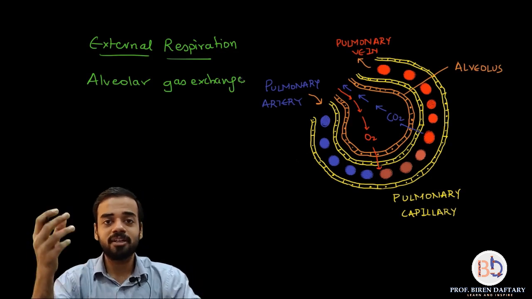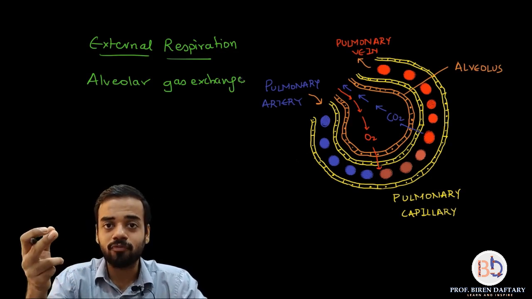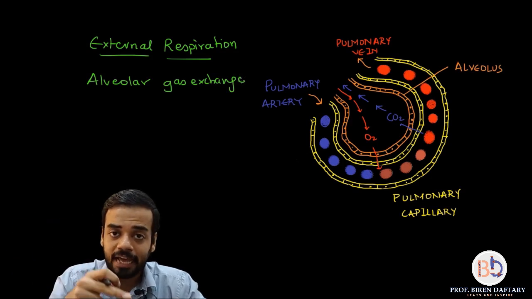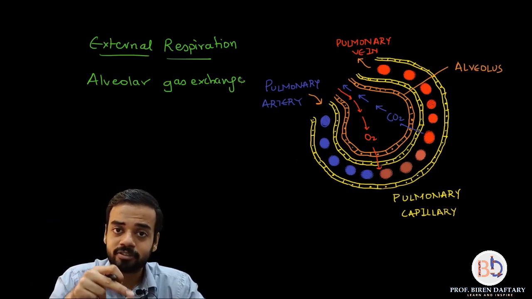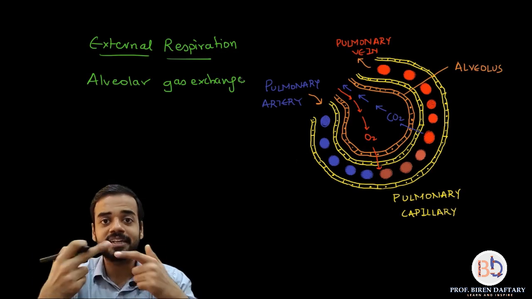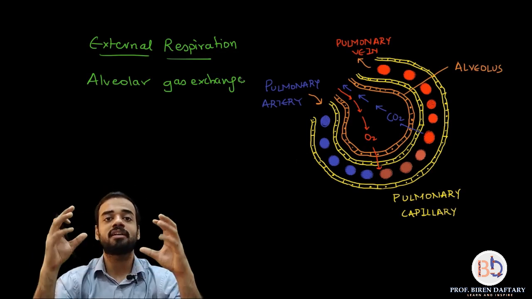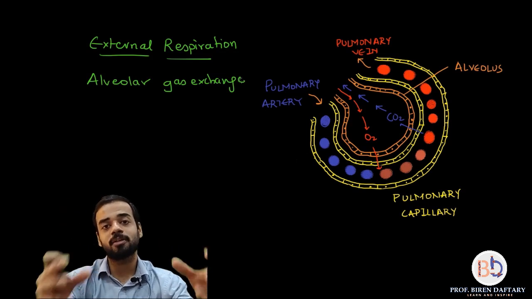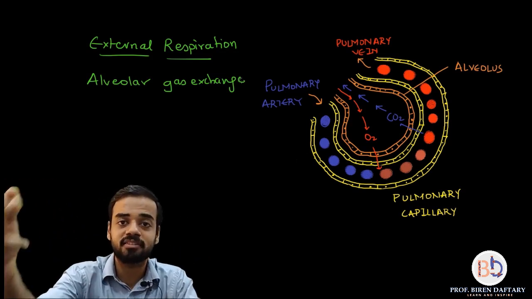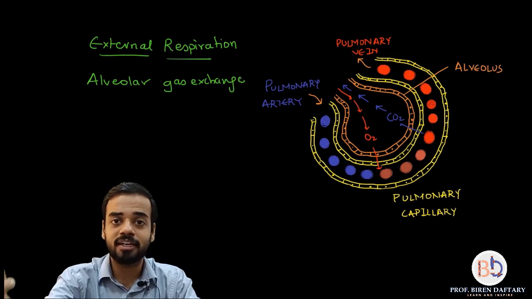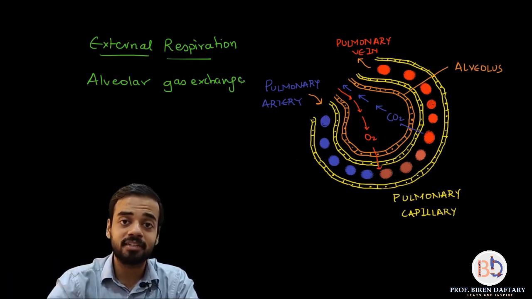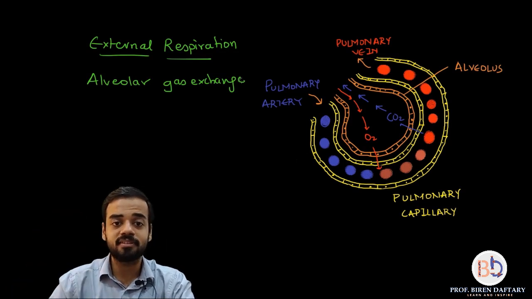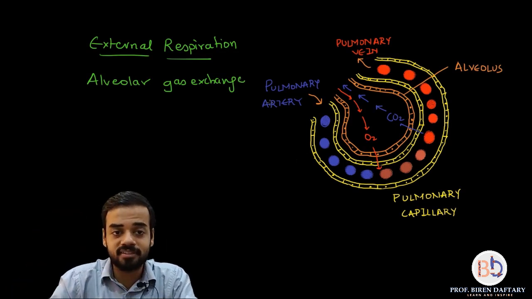So everybody now knows what alveolus is. So from the alveoli the oxygen is going to enter the blood, and from the blood the carbon dioxide is going to enter the alveolus. So that exchange is occurring, and that is called as external respiration. So in external respiration we have to explain the mechanism, why oxygen is diffusing from alveolar air to blood and why carbon dioxide is diffusing from the capillary blood to the alveolar air. Is this clear? Now let us have a look at this diagram.